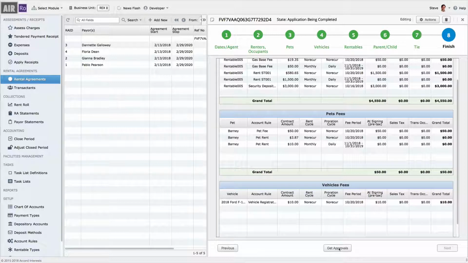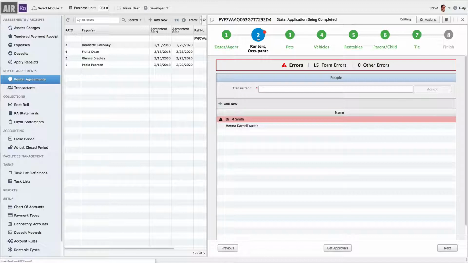Now, before we do any state changes here, the first thing it's going to do is look to validate all the data that we've entered. The little red dot here on payers and users indicates that there's some problems with the data. So we can go in here and take a look at it. It's telling us that it found 15 errors and it's highlighting bill in red, indicating that there's a problem in bill. So if we open it up,